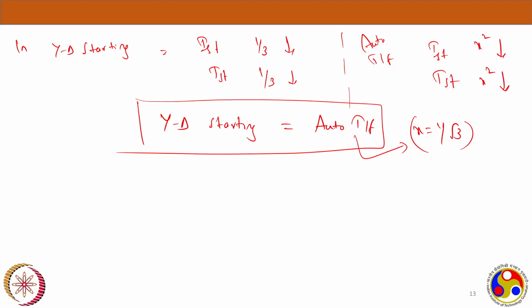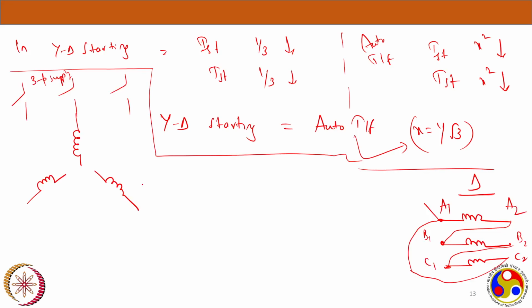This is a three-phase supply, and A, B, C you have. From this you have connected your three-phase winding. Now these are the terminals available for you: A1, A2, C1, C2,